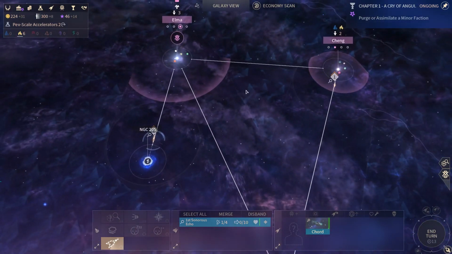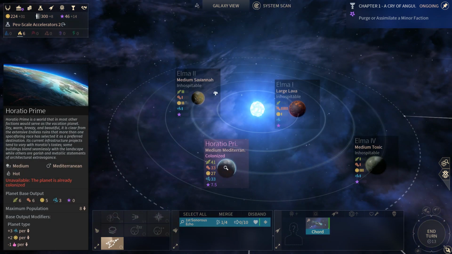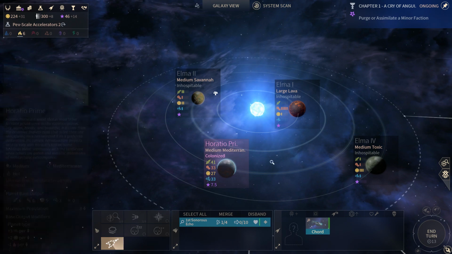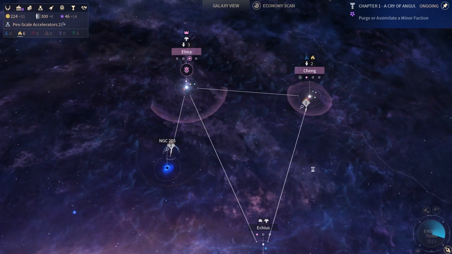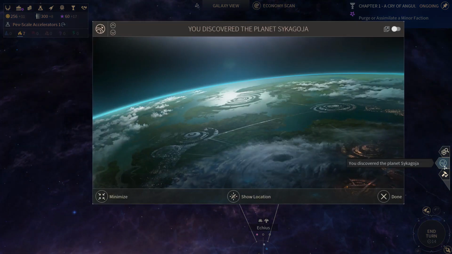I'm not sure how the sanctuary stuff works. I assume we cannot build a sanctuary on a planet that is colonized. I wonder if we can make a sanctuary in a system that's colonized, but on an uncolonized world. Well, we'll figure it out. Also, I wonder, do I need a ship present to do that, or...